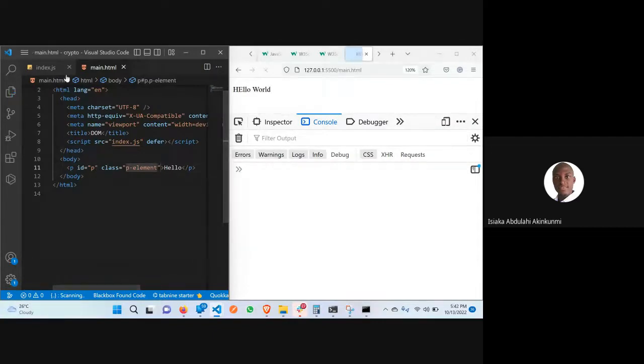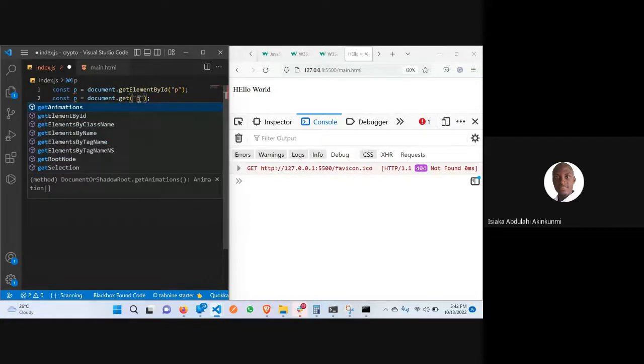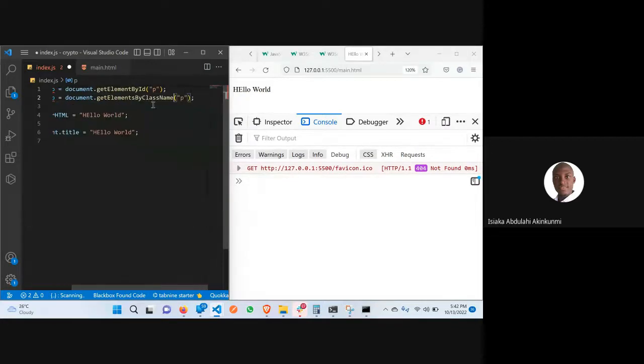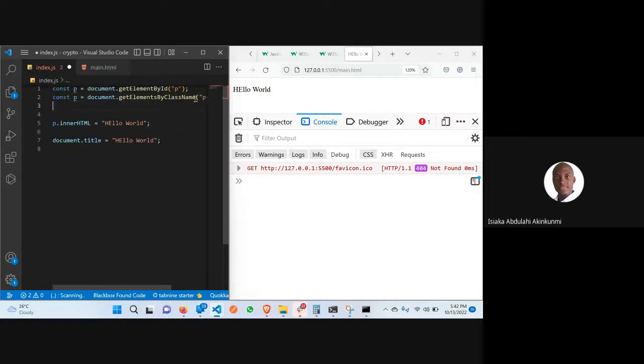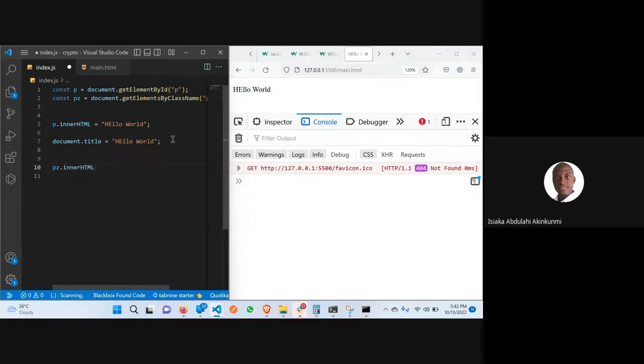If I want to select this element, I can come here and write the same thing. Instead of getElementById, we use getElementsByClassName. So if I say we have p elements, because this p, you can use p set here. Now if I come here and write another thing, I say p set, just the same element, dot innerHTML also here equals hello. Now if I comment this out,